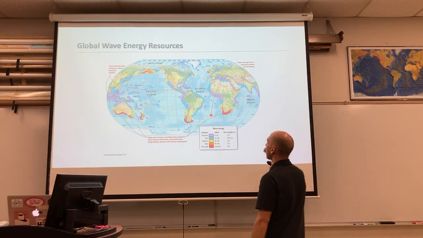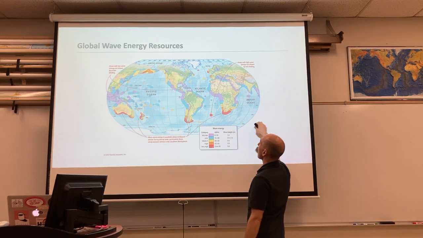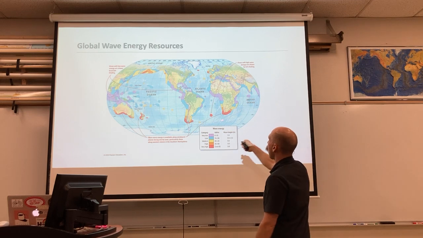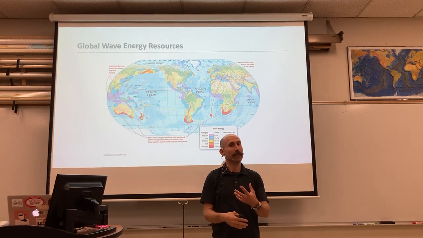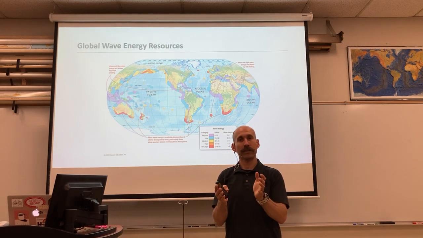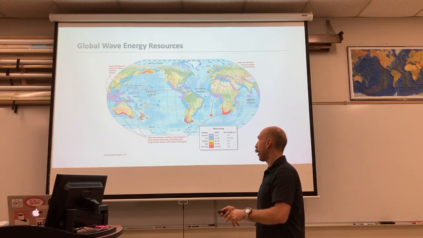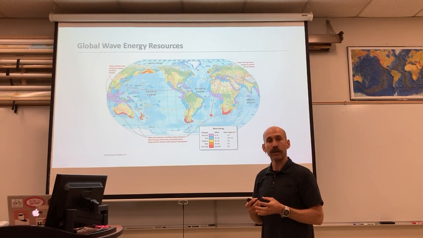And where do we see that? In the subtropics, where the westerlies are, in the northern and the southern hemisphere, and then associated with coastlines, where the wavelengths decrease, the wave heights increase, and the wave energy starts to dissipate, and that can be collected, transferred, stored,